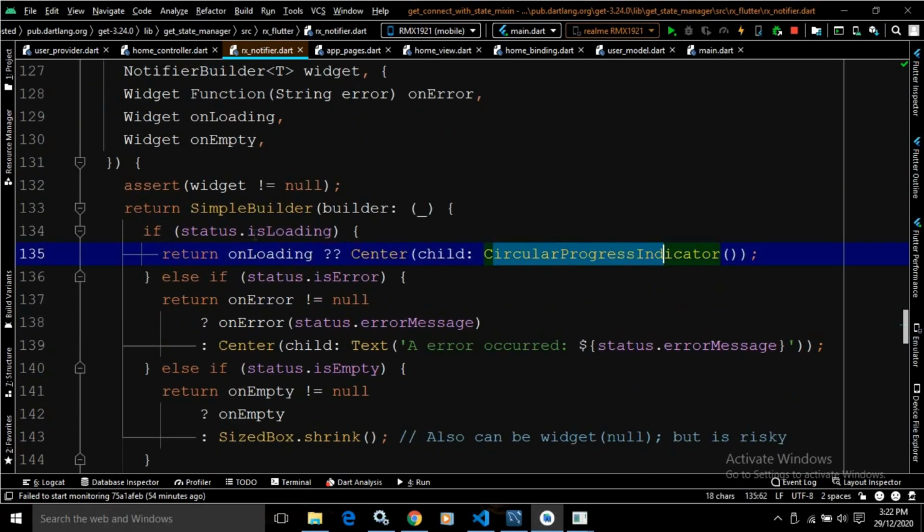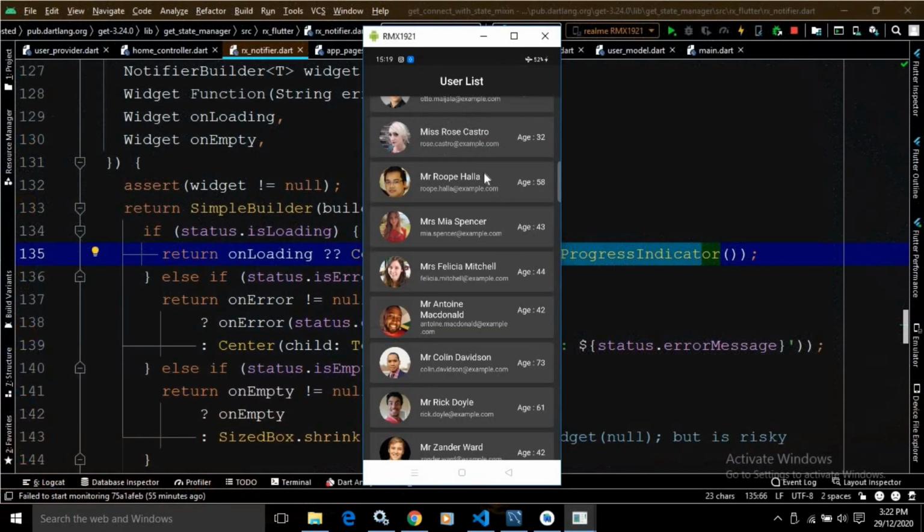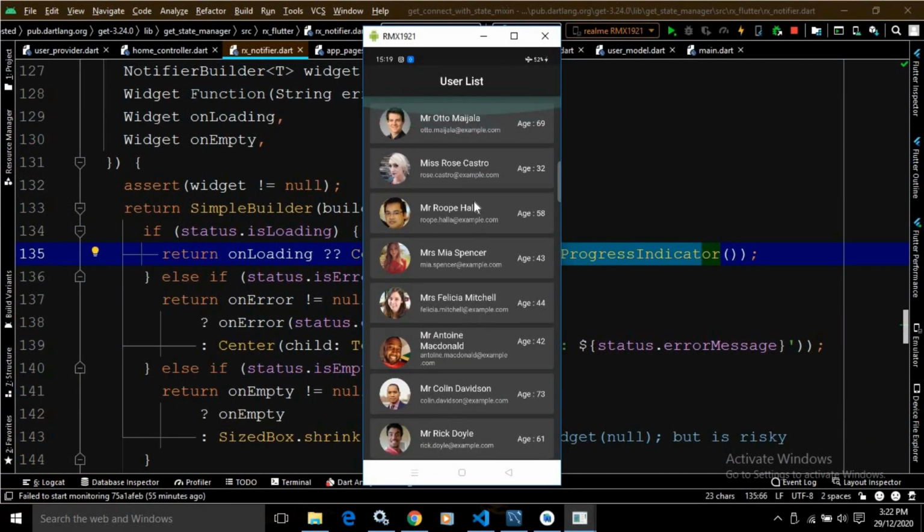You can see on loading, status.isLoading. If the data is being loaded, by default in the center a CircularProgressIndicator widget will be displayed. Okay, and this is the ultimate response. If you run the project, then you will get the response like this.